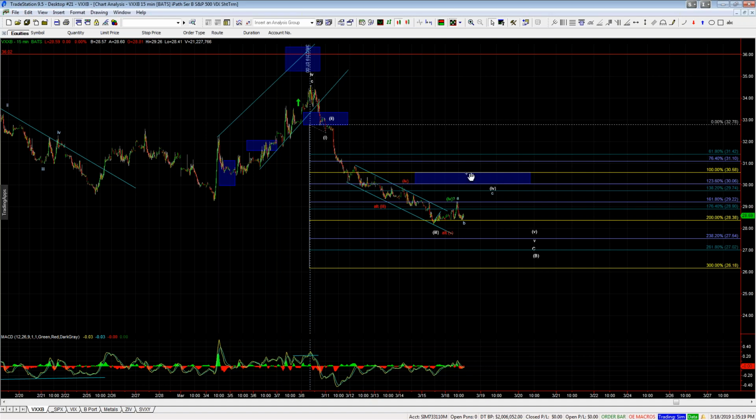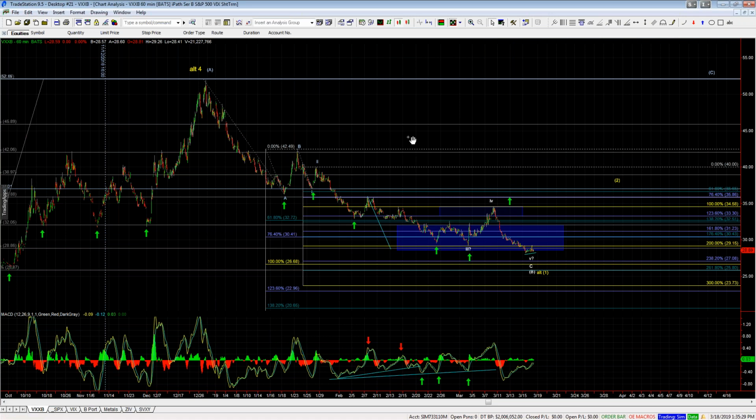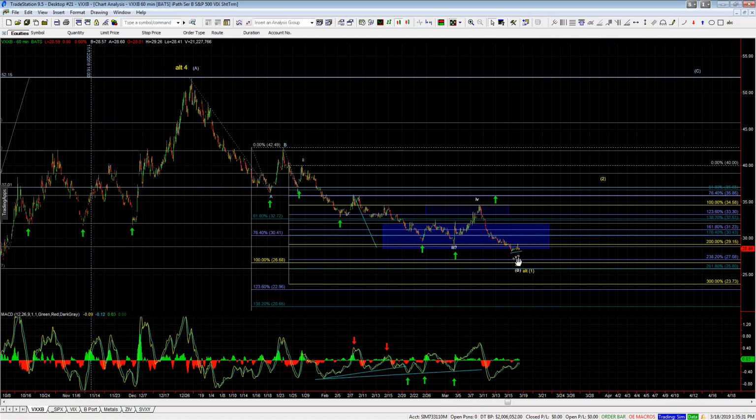If we break through this resistance zone, this 30.06 to 30.58 zone, prior to making a new low, it complicates the count because it would give us a 3-wave start. Under this case, I'd have to really then be looking at this yellow count a little bit more seriously,